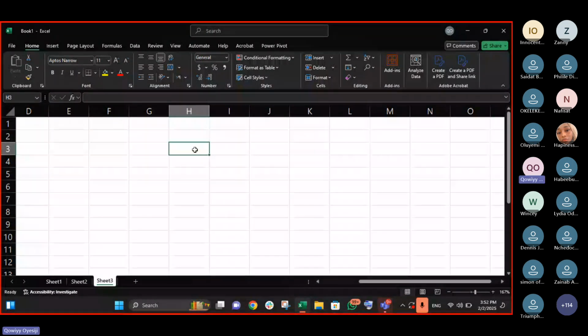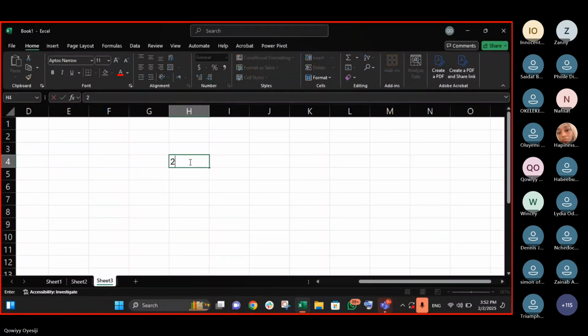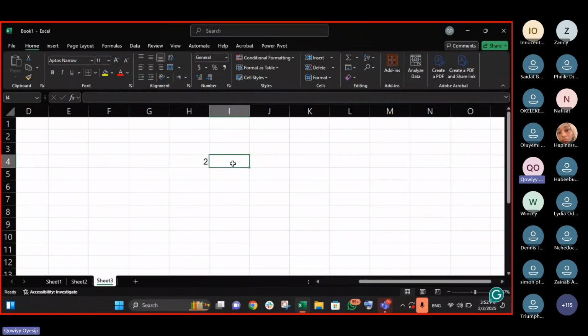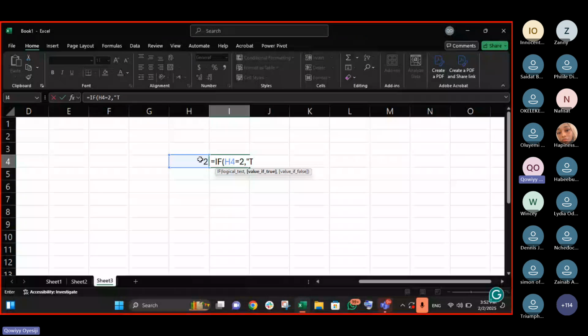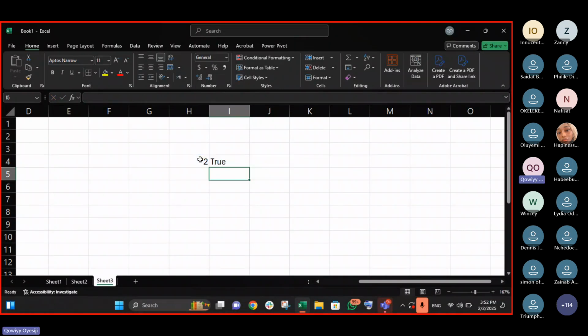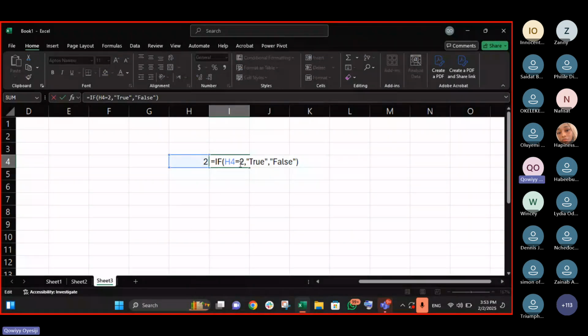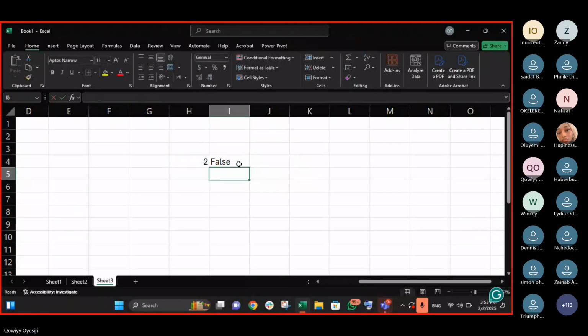If what I'm having here equals 2, give me 2. If it is false, give me false. You see, it gave me 2. I can say if it is greater than 2, it is not. If it is lesser than 2, it is not.